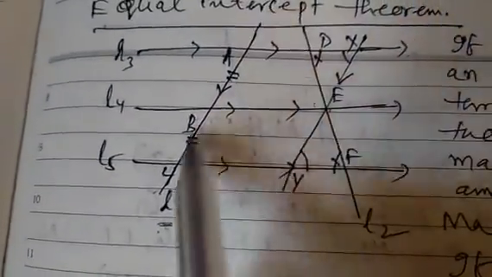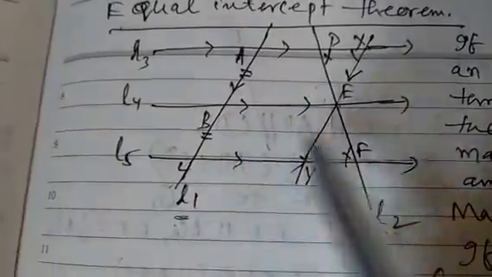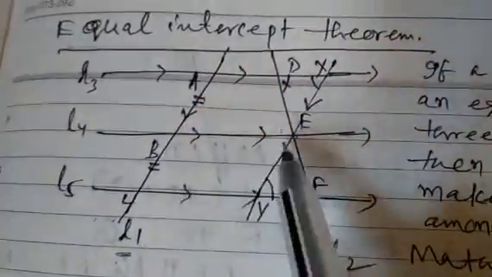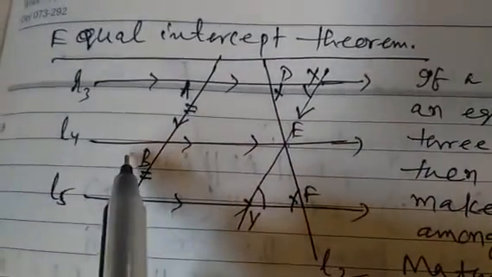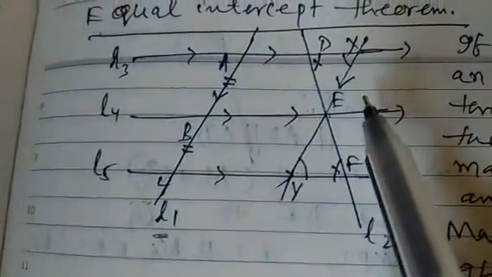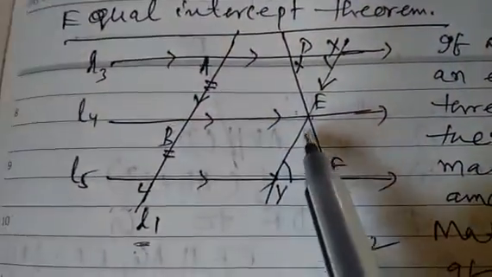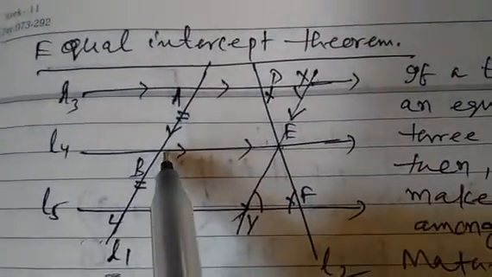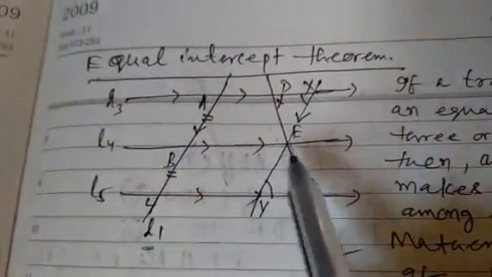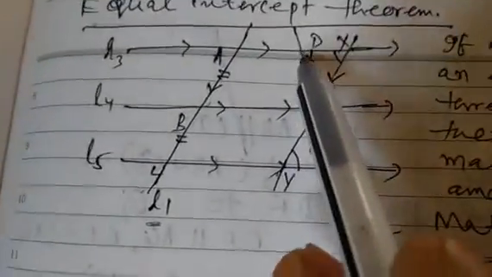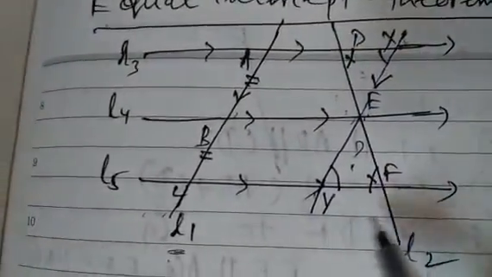So through E, we have drawn XY parallel to line L1. Now this is parallel, therefore you got this is one parallelogram, this is also another parallelogram. As you know, opposite sides of a parallelogram are equal in side length, therefore XE is equal to AB and EY is equal to BC. So you got here these two sides equal. Now you got two triangles, triangle PXE and triangle